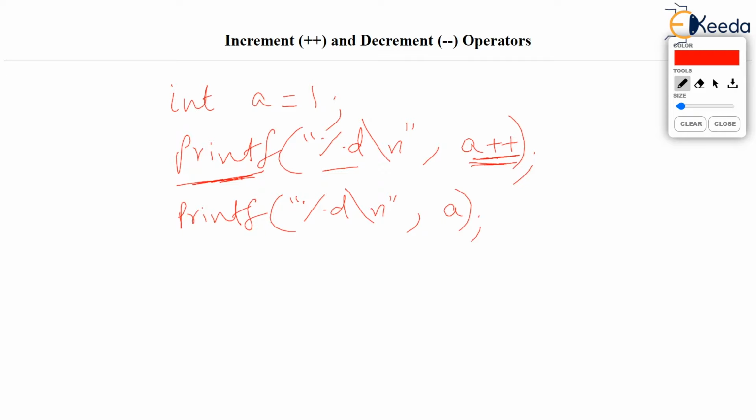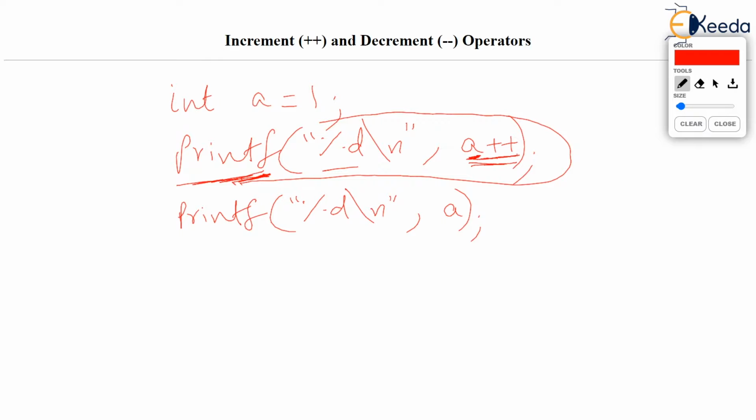So what printf does is printf will print the value of a. Current value of a is 1. So printf is going to print the value of a, which is 1, and after that, that is post, after printing the value of a, that is 1, a will get incremented by 1. So a will become 2 after this printf prints older value of a.